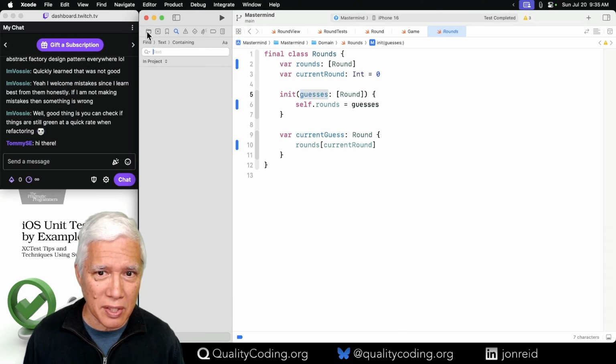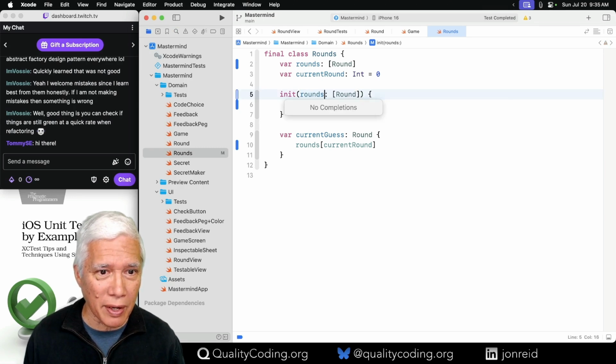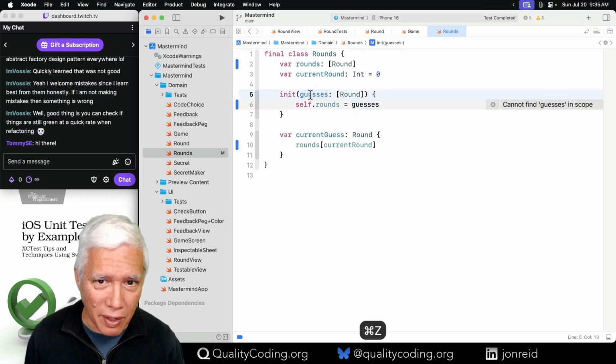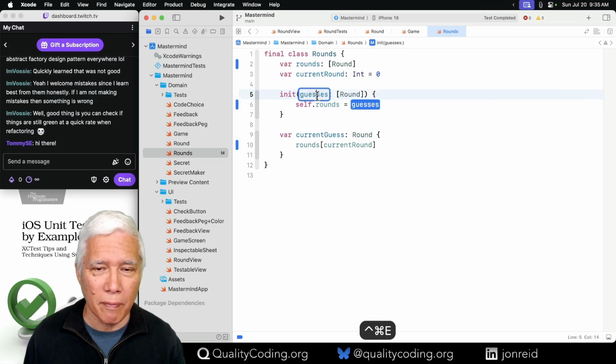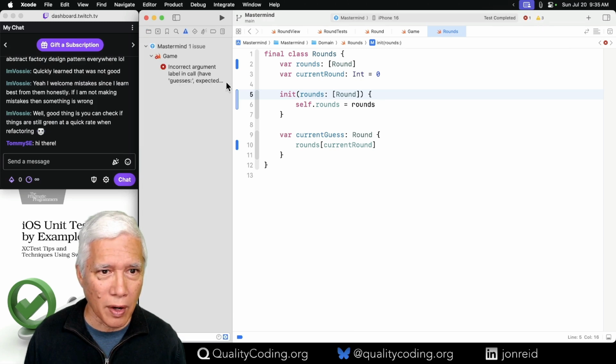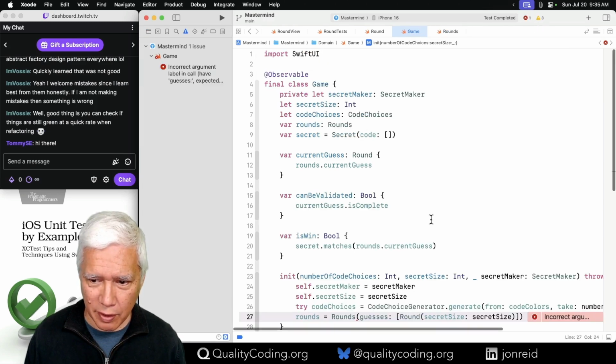I mean, is it implicit? Let's find out by just doing it by hand and see. Well, let's do it this way, and see what breaks. And why didn't it pick it up?